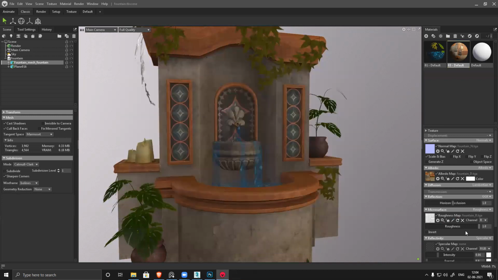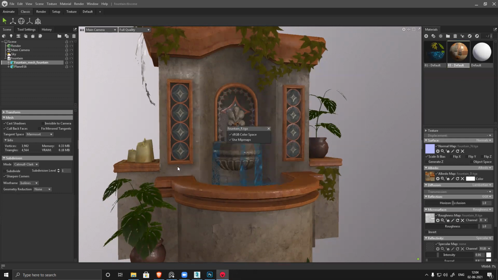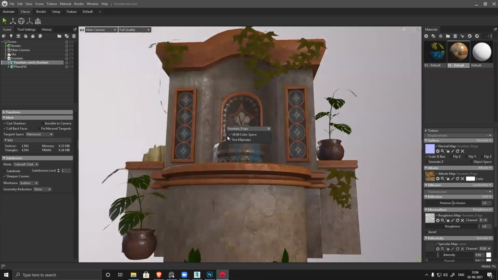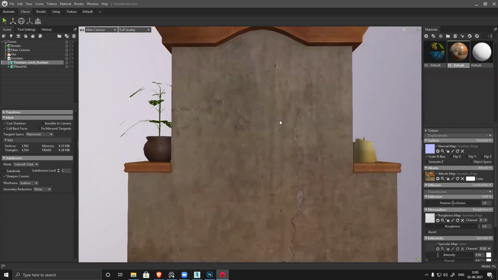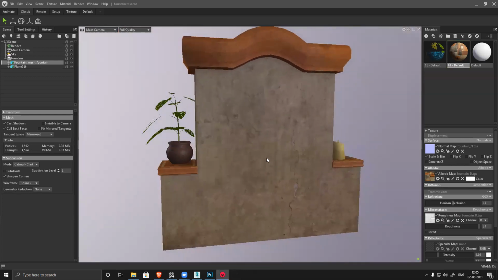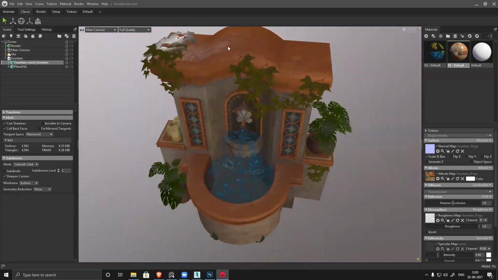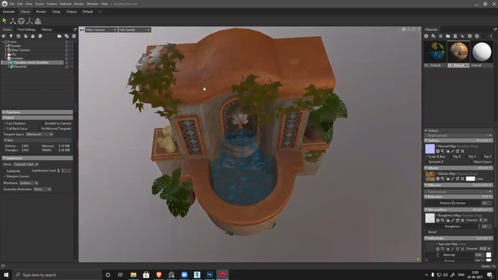Oh, correct only. But this should not be sRGB, it should be RGB only. See, got the gloss, all this effect.